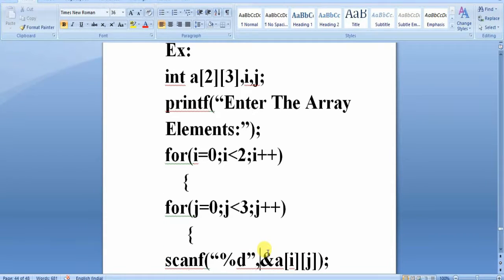So the scanf function reads one integer value and stores it in the address of [0][0]. The next time, j plus plus is 1, it reads another element and stores it in the address of [0][1]. Next time, j plus plus is 2, it reads another element stored in the address of [0][2]. Next time, j plus plus is 3, the condition is false, then i plus plus is 1, less than 2, and again j will be